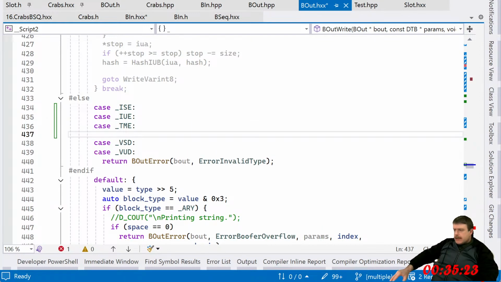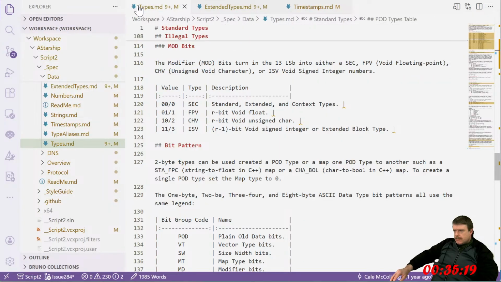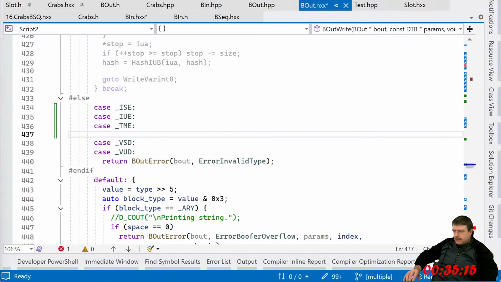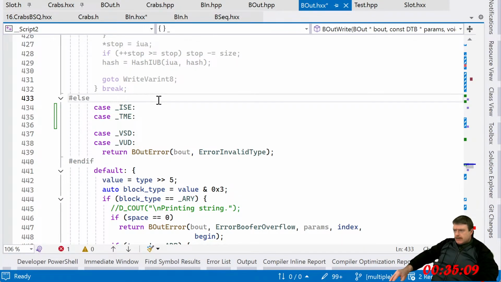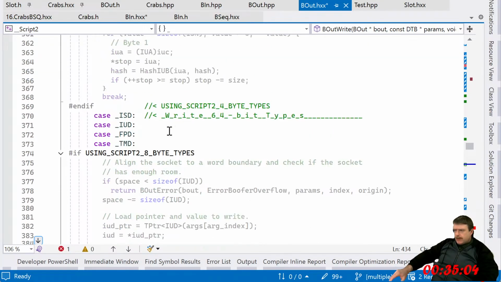What did I do? Unsigned, signed, or signed, unsigned? Unsigned, signed. Damn. QRSTU. Supposed to do it in alphabetical order.